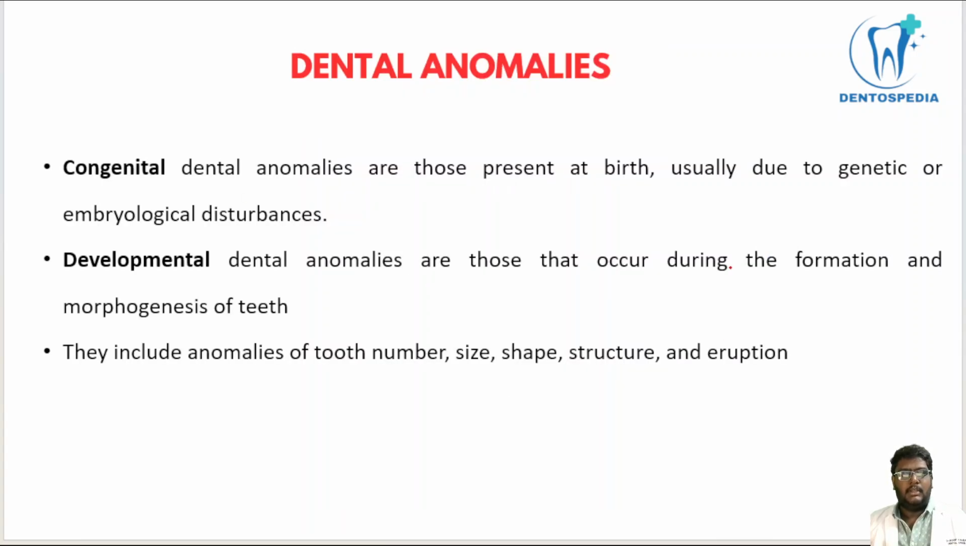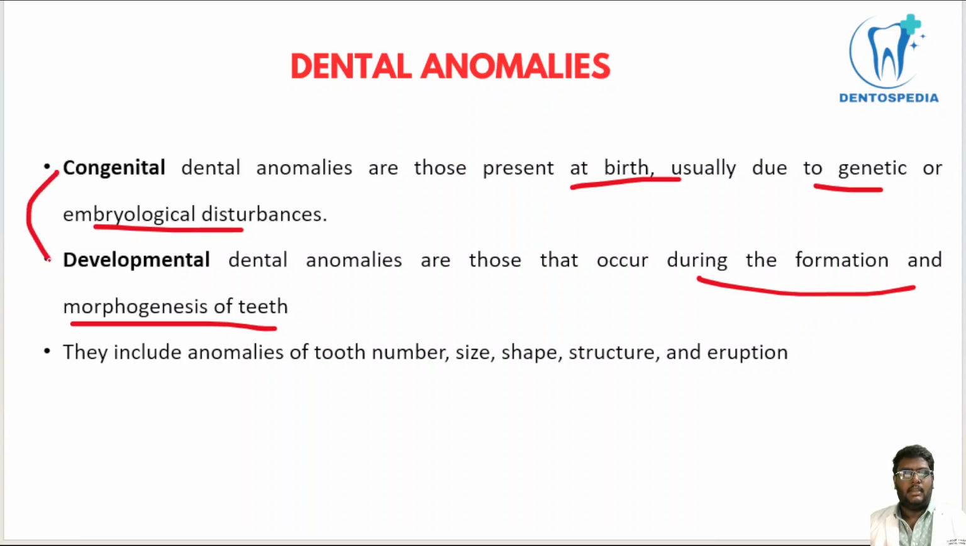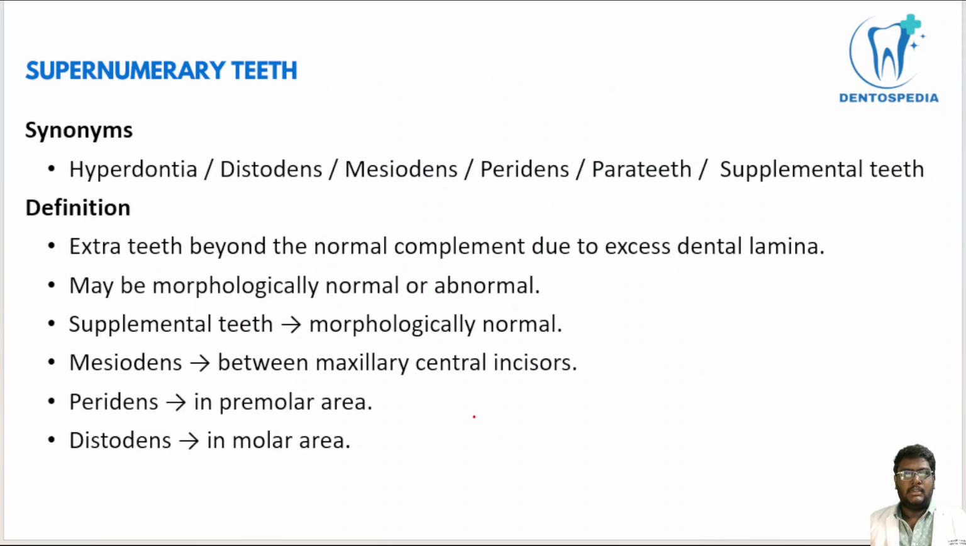Coming to the introductory part, congenital anomalies are those present at birth, and usually they are of genetic origin, and sometimes they occur due to embryological disturbances. Developmental dental anomalies are those that occur during the formation and also morphogenesis of the teeth. So there is a subtle difference between congenital and developmental. Coming to the first dental anomaly, that is supernumerary teeth,